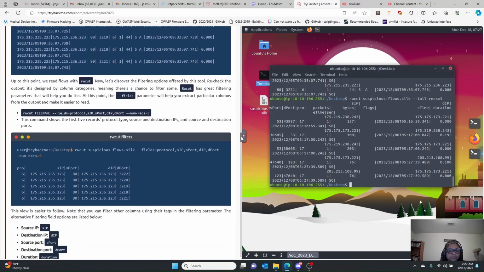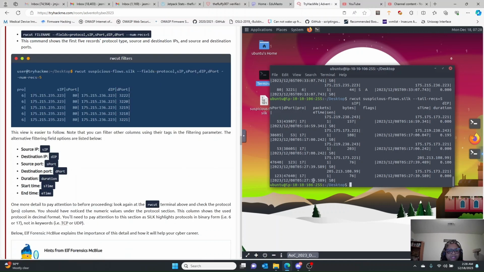Up to this point, we read flows with rwcut. Now let's discover the filtering options offered by this tool. Recheck the output. It's designed by column categories, meaning there's a chance to filter some. rwcut has great filtering parameters that will help you do this. At this point, the fields parameter will help you extract particular columns from the output and make it easier to read. So if we say